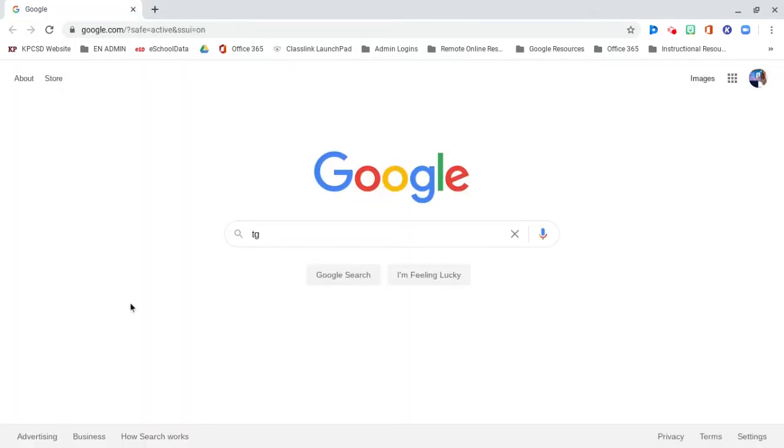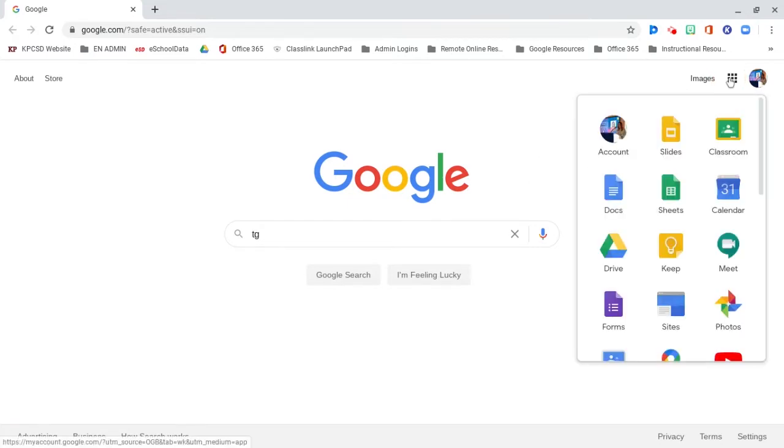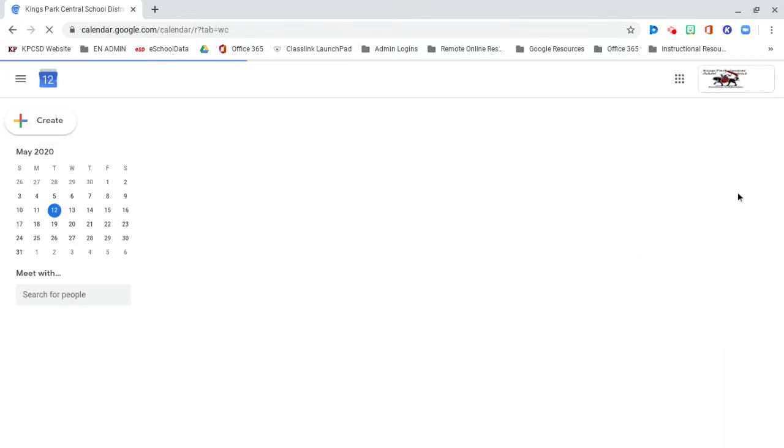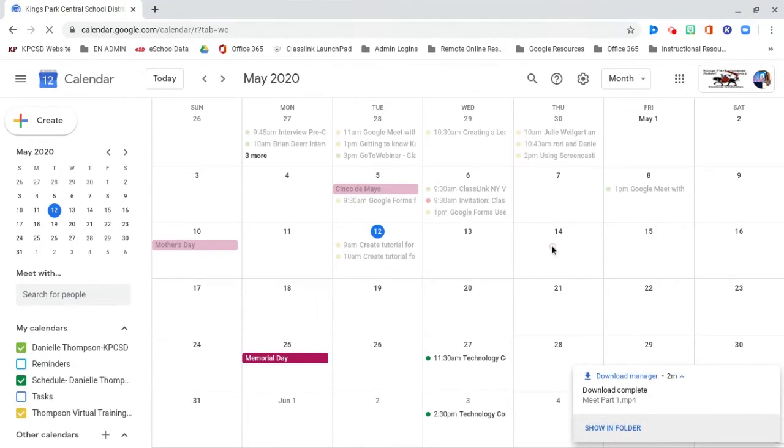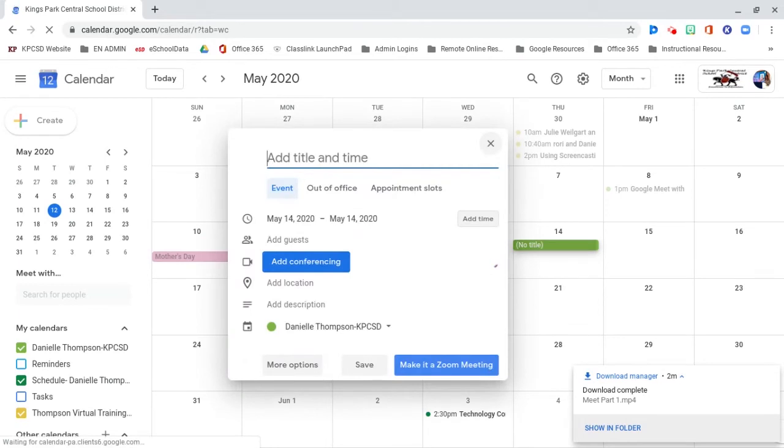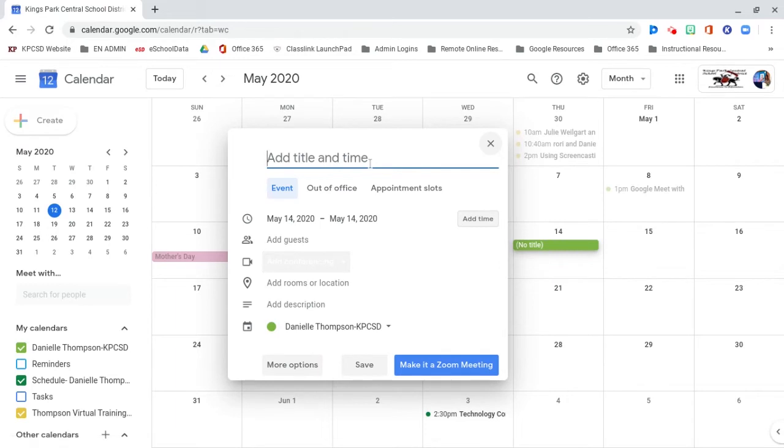If you are not using Google Classroom and you wanted to schedule a meeting using Google Calendar, you can do so by going to your Google Calendar and setting up an event on the day that you want to schedule your meeting. So you can click on that date, and when the pop-up opens, you can name your event. If you're going to name it morning meeting,